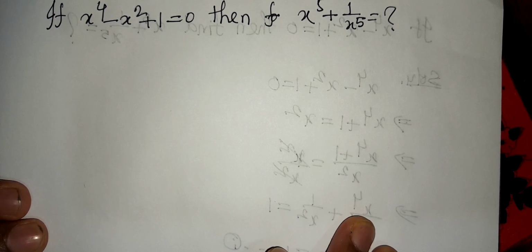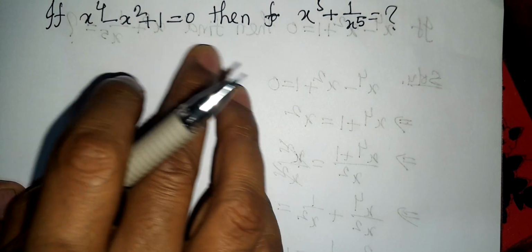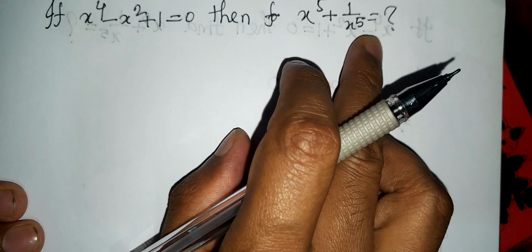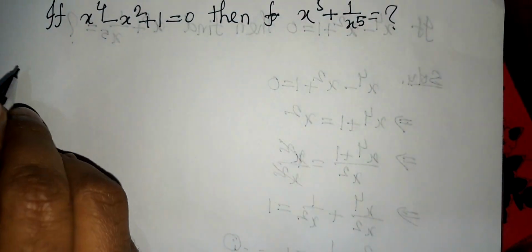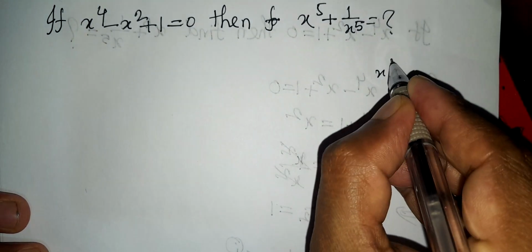Here, given that x to the power 4 minus x square plus 1 equal to 0, then x to the power 5 plus 1 by x to the power 5 equal to what? Let's get started. Here, given that x to the power 5